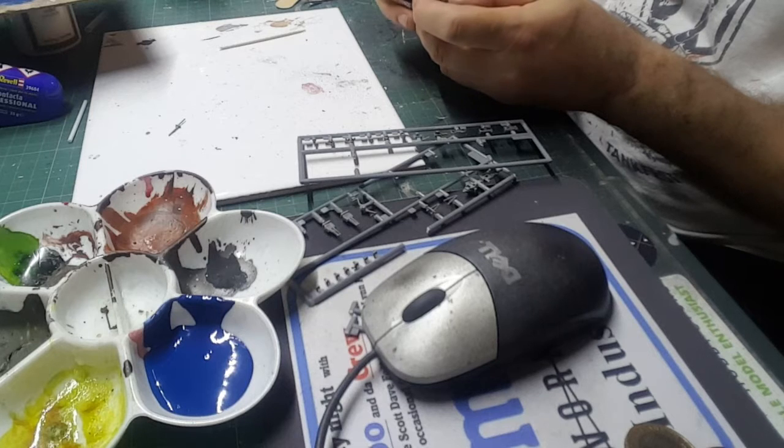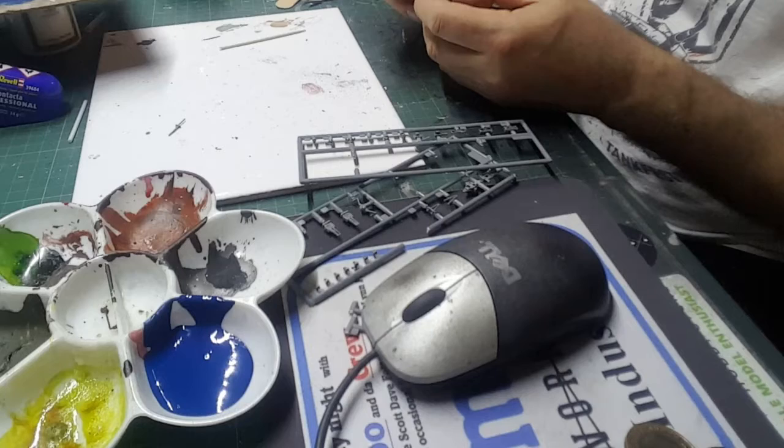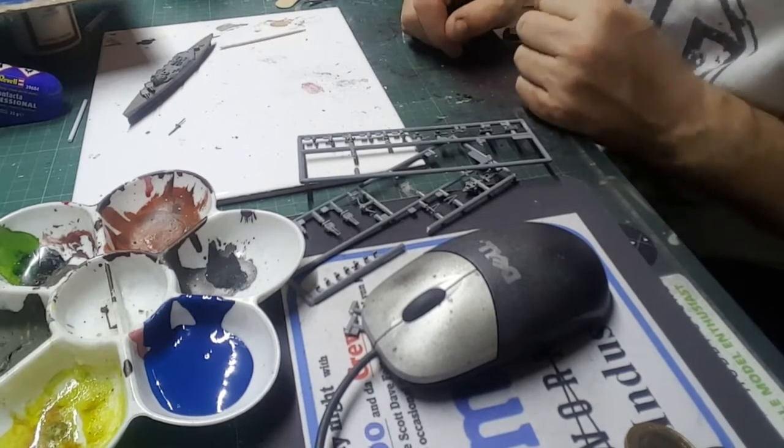On a ship this scale, if you get something 0.5 millimetre out, in real life that would be like 30 foot away from where it was supposed to be. Right then, so